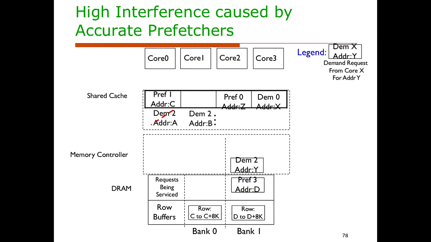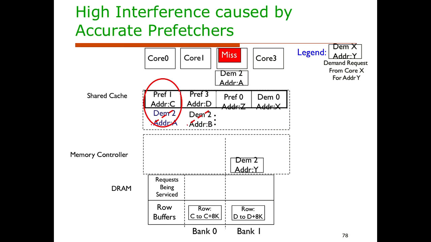Okay, I'm going to go through this relatively quickly because it's kind of obvious. And these prefetch requests kick out these demand requests from core 2. And these prefetch requests may be from different cores, as you can see over here. And now core 2 demands the address that's kicked out, right? So you have a problem. So you get a miss. And core 2 demands that address,